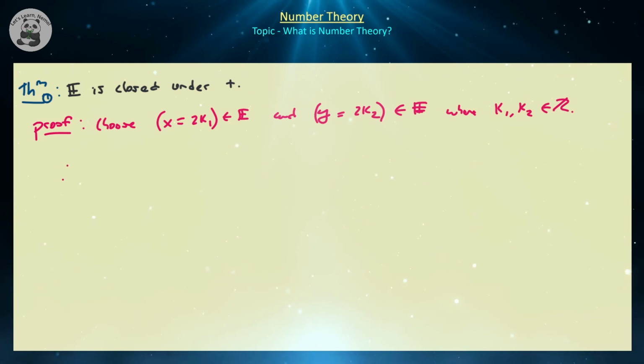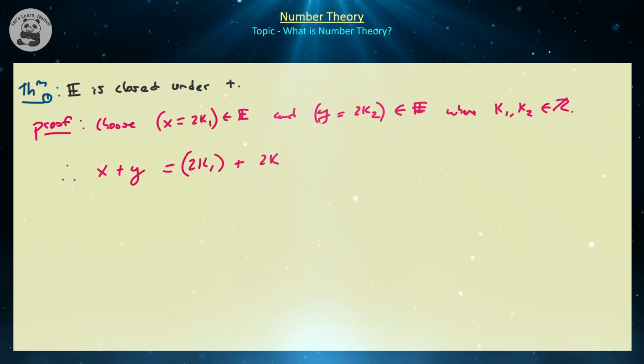So what we're going to do is add these two arbitrary even integers, x plus y, and show that x plus y is also in E. Since x is in E and y is in E, if we can show that x plus y is in E as well, regardless of what x and y were chosen to be, that means E is closed under ordinary addition. So x can be represented as 2k1, y can be represented as 2k2, and notice that since we're working